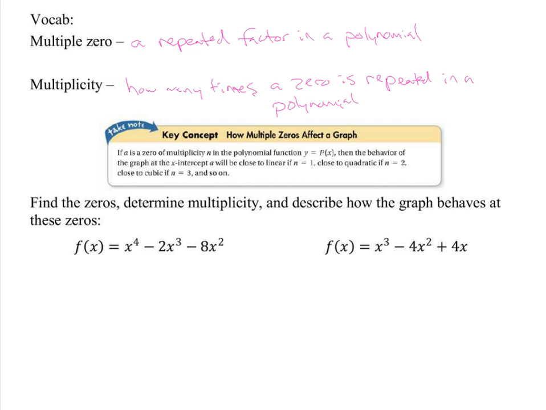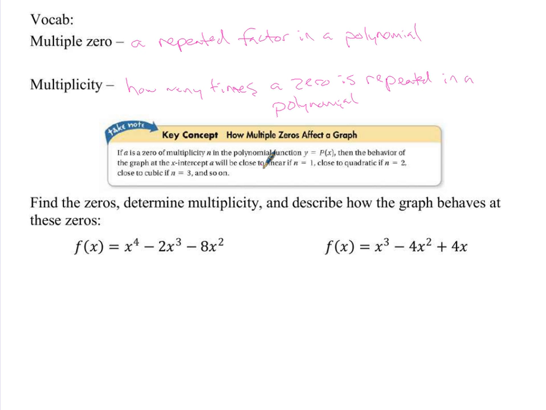Okay. So let's go back to this. The key concept here is really kind of important for this part. How multiple zeros affect a graph. So we're talking about multiple zeros here. If A is a zero of multiplicity n, so what that means is A is a zero, like that -2 on the previous problem, is a multiple zero of multiplicity n in some polynomial function. Okay? Then the behavior of the graph at the x-intercept that we're talking about, so at that zero,